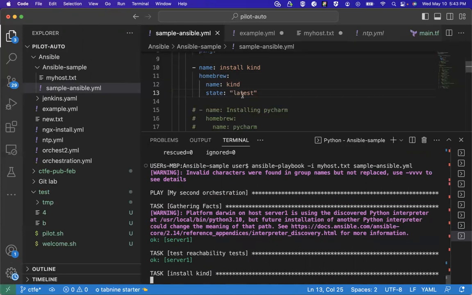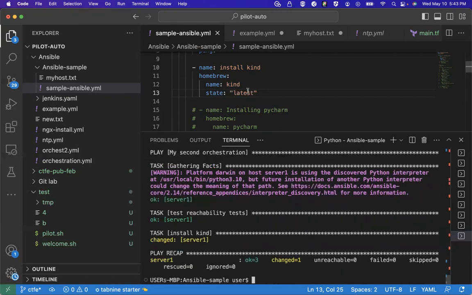So it checks, okay, did we even have kind at all? If we have kind, is it the latest kind? If it's not the latest kind, it will install the latest kind. So look at it. What has happened now? It has successfully installed kind in my system.